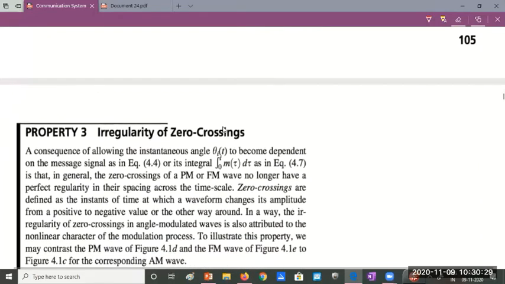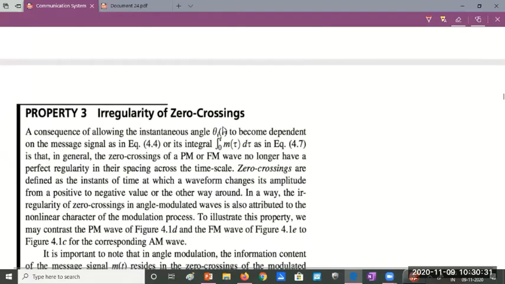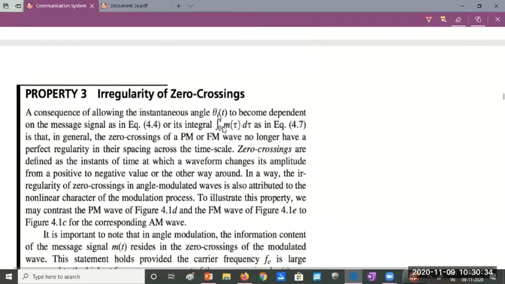Okay. Third property, irregularity in the zero crossings. I think you can easily understand and visualize this. We saw the waveform just now. Do I have all zero crossings at the same intervals? Surely not. The property of PM and FM is to have closely spaced zero crossings at high amplitude and far spaced ones otherwise. Zero crossings are those points where the sinusoidal carrier crosses zero,